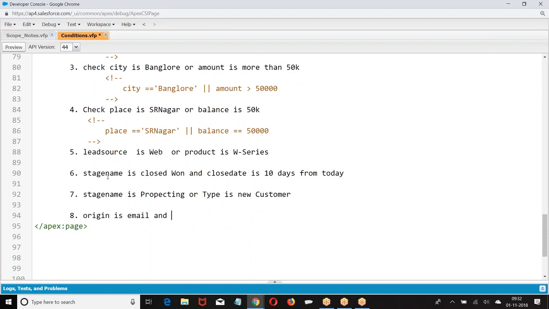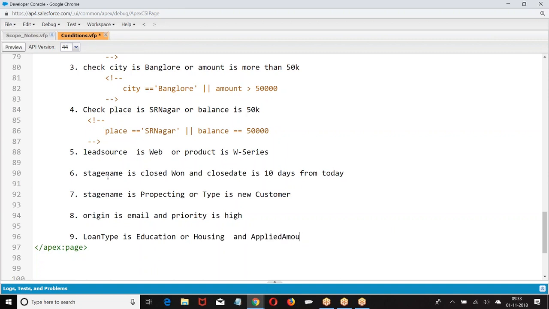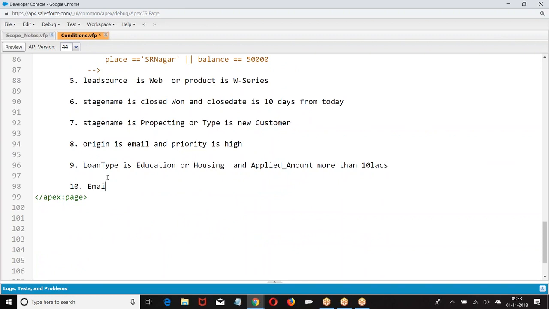Origin is email, priority is high. Loan type is education or applied amount more than 10 lakhs. Email is blank or amount is